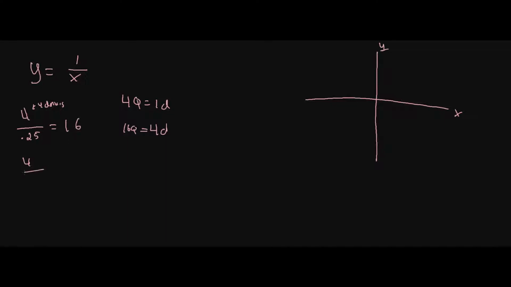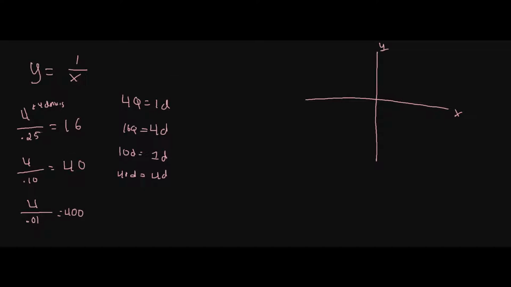What if I have 4 divided by 10 cents? How many dimes are in $4? There are 10 dimes in $1, therefore $4 has to give me 40 dimes. So this is 40. Now let's go all the way down to 0.01. How many pennies are there in $4? That's 400.